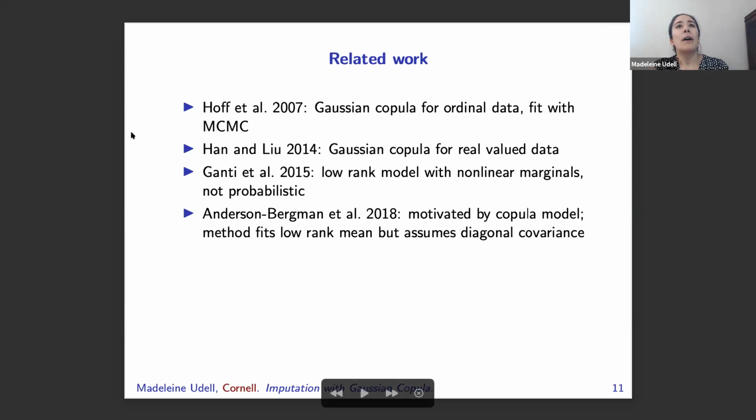Okay. There have also been people in the low rank approximation community who have explored models motivated by similar things, where you're trying to understand the effect of nonlinear marginals. So Ravi Ganti, Rebecca Willett, and Laura Balzano worked on this really nice model that puts nonlinear marginals on top of a low rank model and estimates it. It's super cool work, and we were very inspired by it, but it also doesn't work very well for large scale data. And there's some weird problem where as you iterate it more, it actually converges to worse estimates.